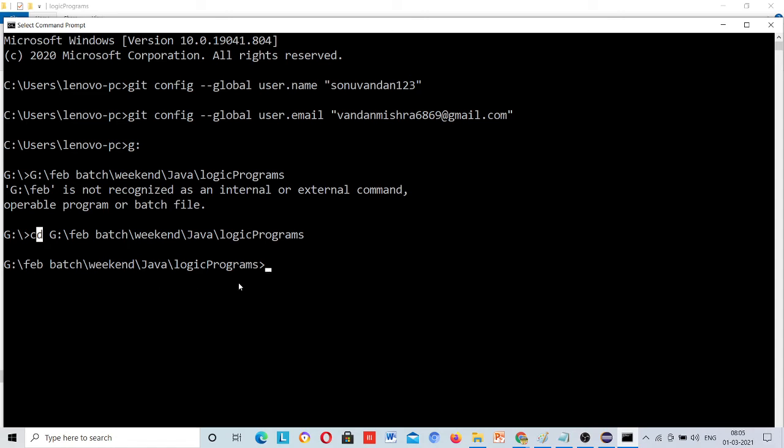If you want to go one step back, then the cd dot dot command is there. So it went one step back. If you want to go one step ahead, meaning inside this Java folder there is another folder, then use cd and the folder name. Suppose my folder name is logic programs; I will type logic and press tab.